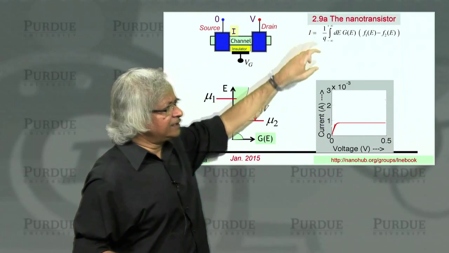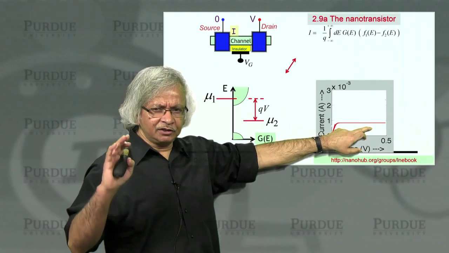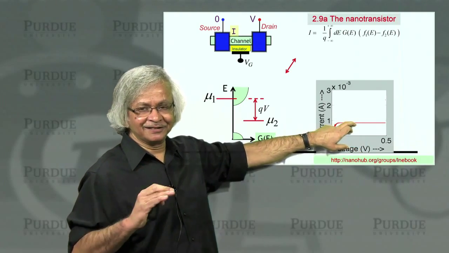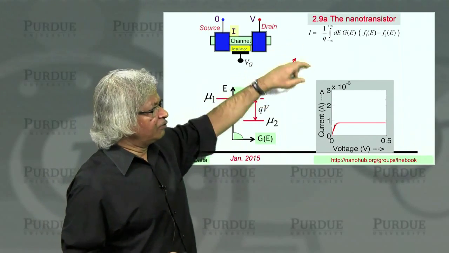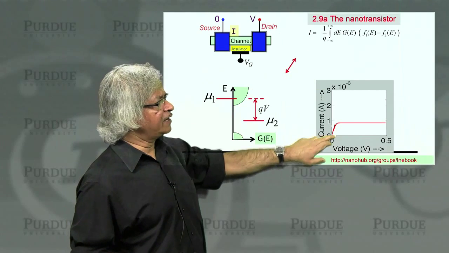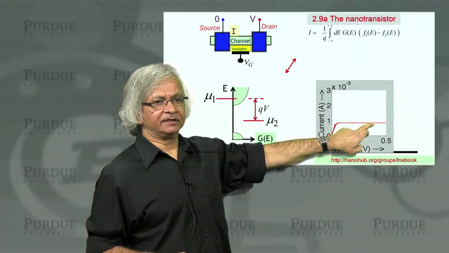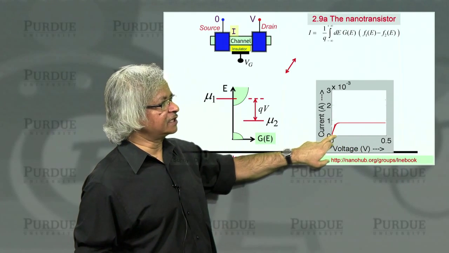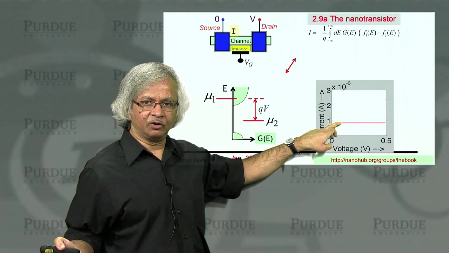Now, if you did that, then you would get a curve looking like this, and which actually isn't quite right. There's a few things here, and that's kind of what I want to tell you about. Now, first thing to note is, if I just use that expression, why do I get a current that saturates so perfectly? Saturates meaning that once I increase the voltage beyond a certain point, the current doesn't increase anymore.